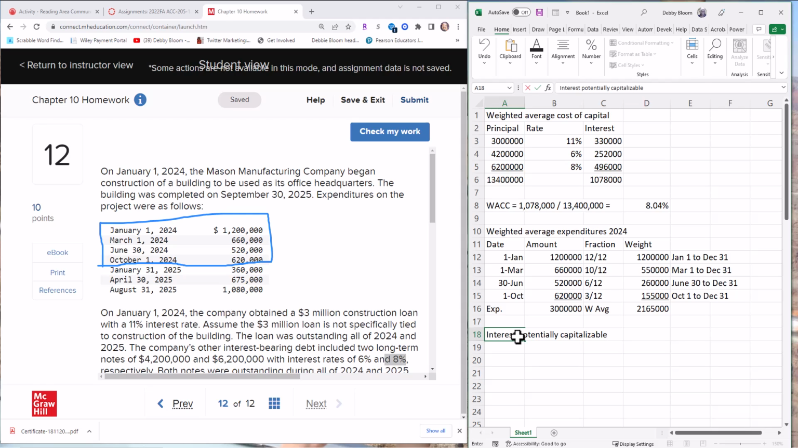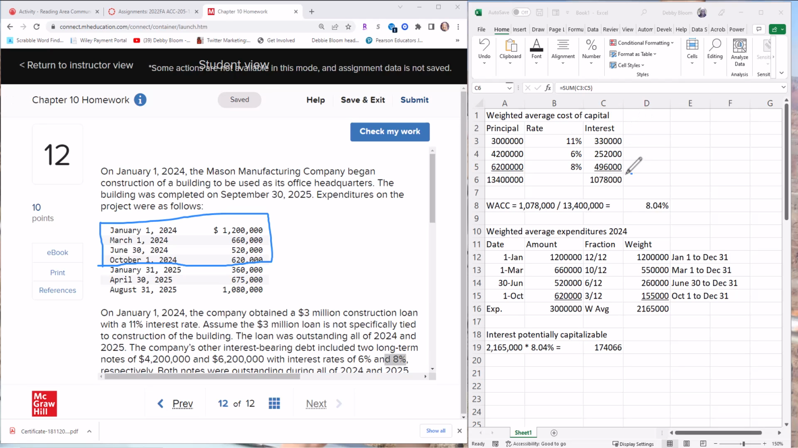is just going to be $2,165,000, the weighted average expenditures, multiplied by our weighted average cost of capital, 8.04%. So I'm going to take $2,165,000, multiply that by 8.04%, and I am going to get interest potentially capitalizable of 174,066. Since this is less than the total interest